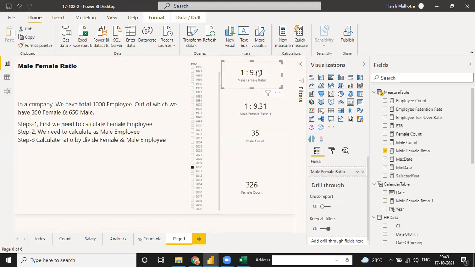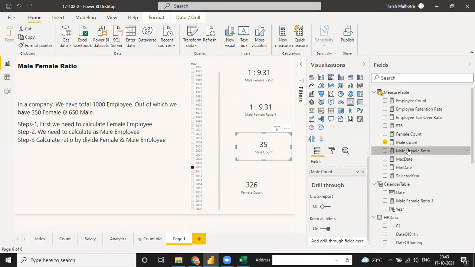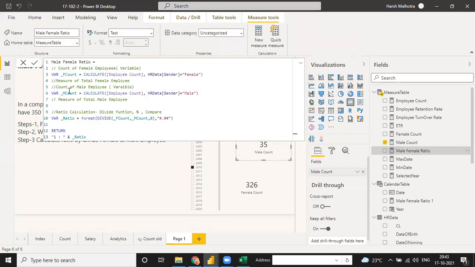Earlier, mostly, in DAX we have multiple functions, because you have that measure table or measure sheet. For this measure sheet you can calculate different measures accordingly, and there are different functions. Right now, for the male and female ratio, I calculate with VAR difference and just a DIVIDE function. Instead of the DIVIDE function we can also use the SWITCH function, because it also gives you that kind of data, I think. But we have to try whether it will be wrong.